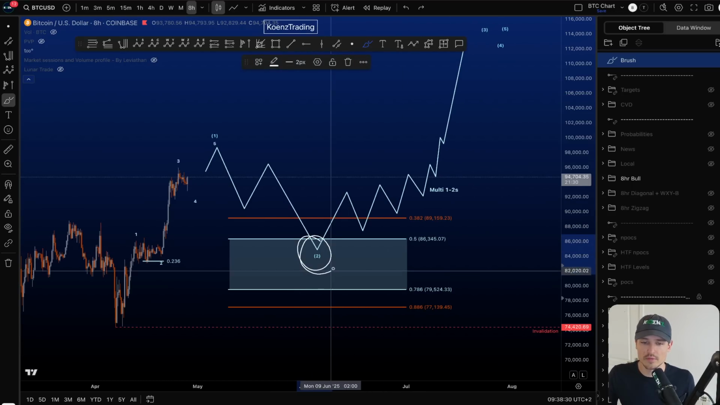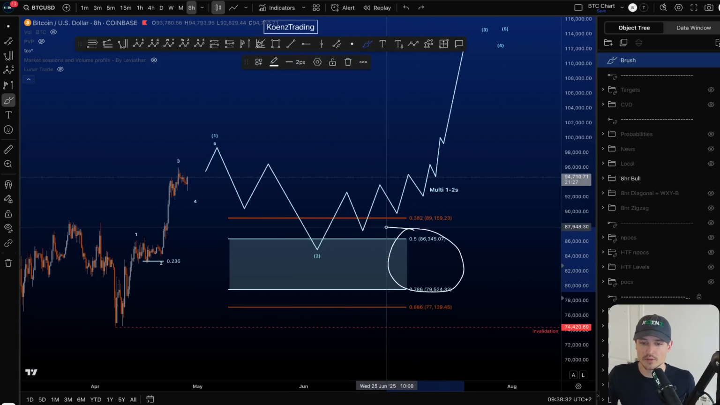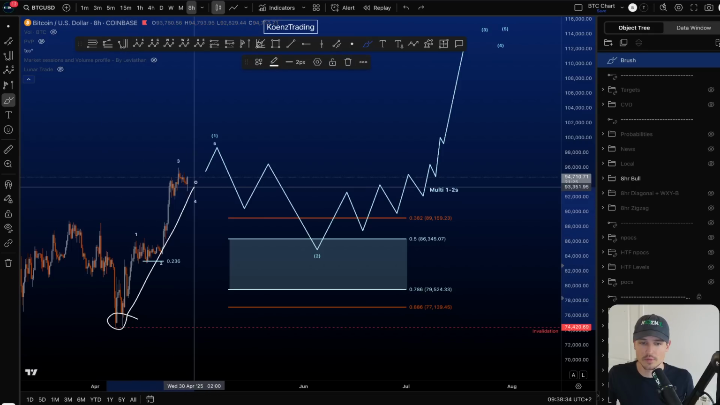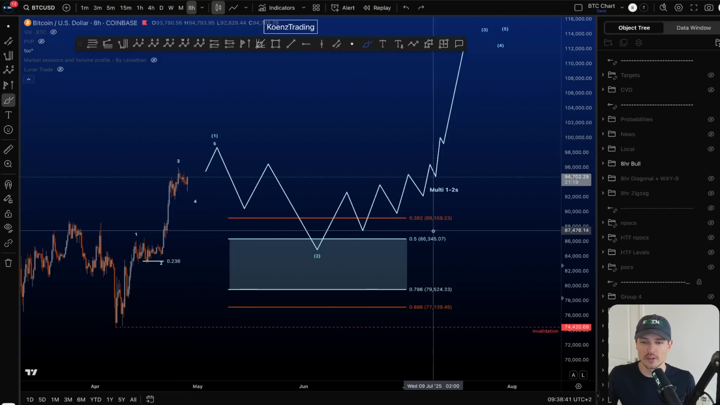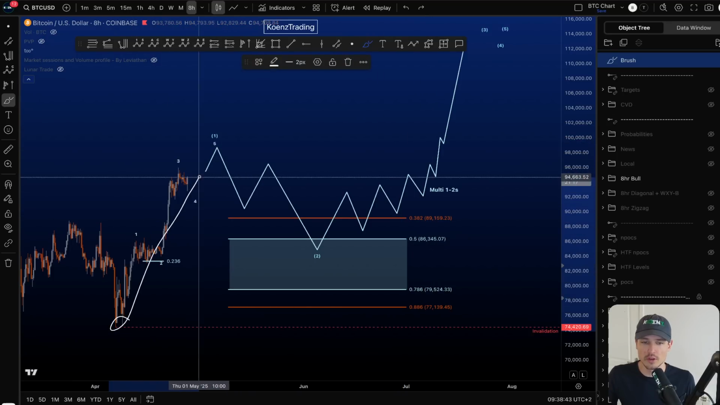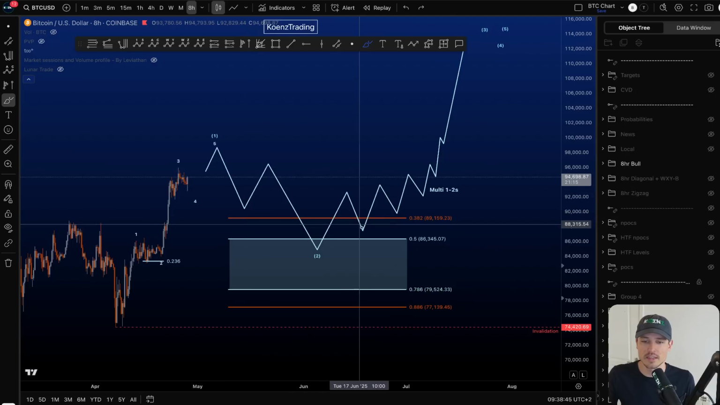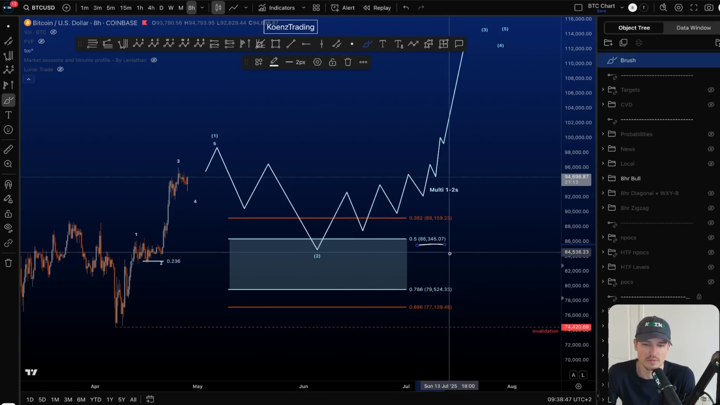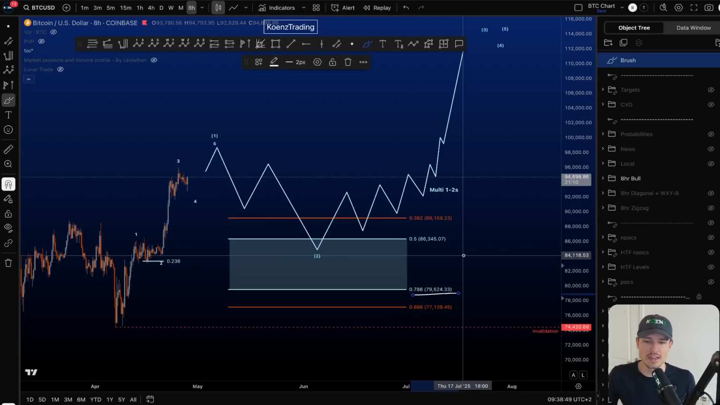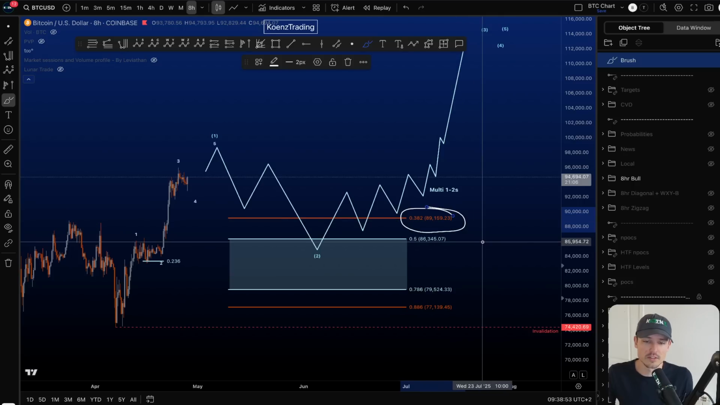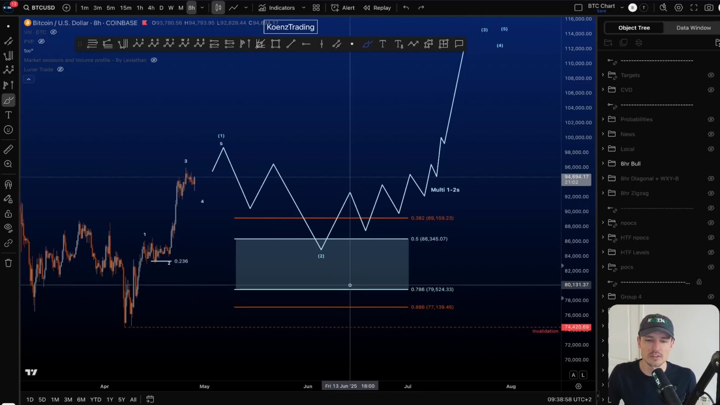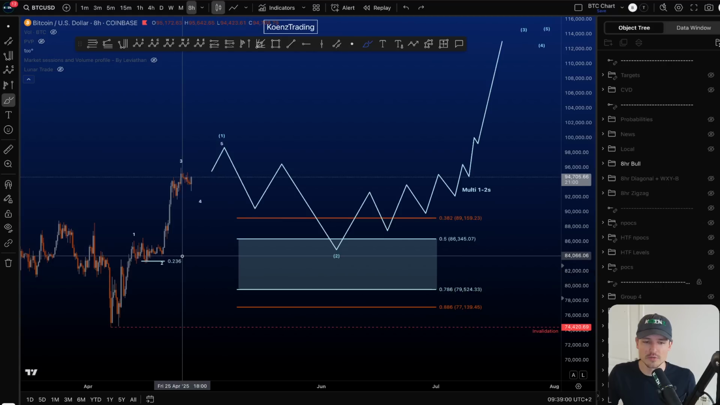Now, the common target for a wave 2 is the 0.5 to the 0.786 fib taken from the start to the end of wave 1. Of course, in this case, we don't yet exactly know where the end of wave 1 is going to be, but I pulled these fibs from the low to around 96, 98k, and then it would give you a target of 86 to 79 as a common target area, and an uncommon target, but still a target, is the 0.382. It generally is a minimum target for a wave 2,